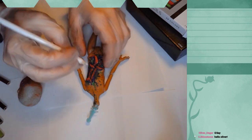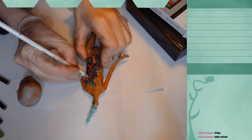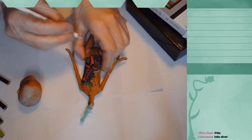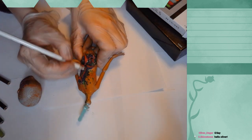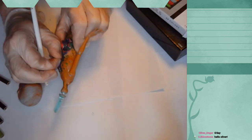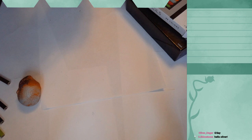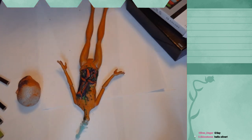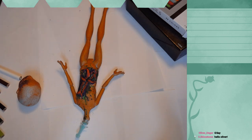That's looking pretty good. There we go. All right. Yep. So then probably all of the tentacle and mouth pieces are gonna get a layer of gloss on them in the finished piece, which will fit with...